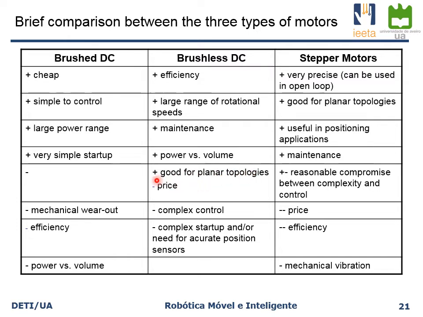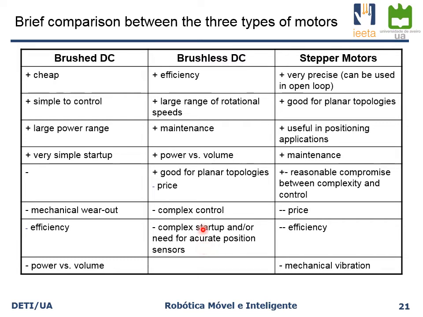On the minus side, the price, which normally for the same characteristics will be higher than a brushed motor, the complex control and complex startup in particular, and the need for accurate position sensors. This is clearly not a good motor if you want an accurate position